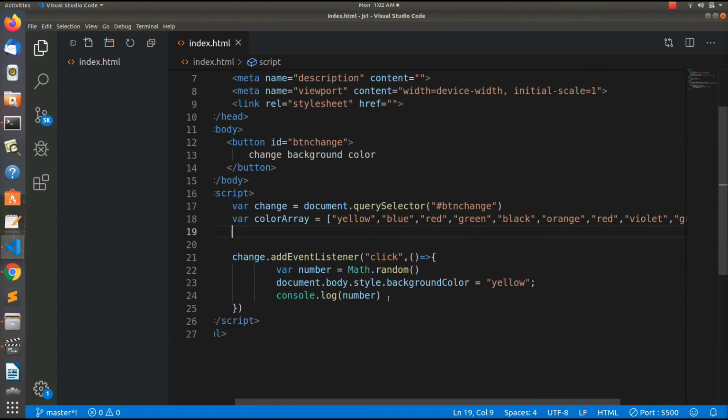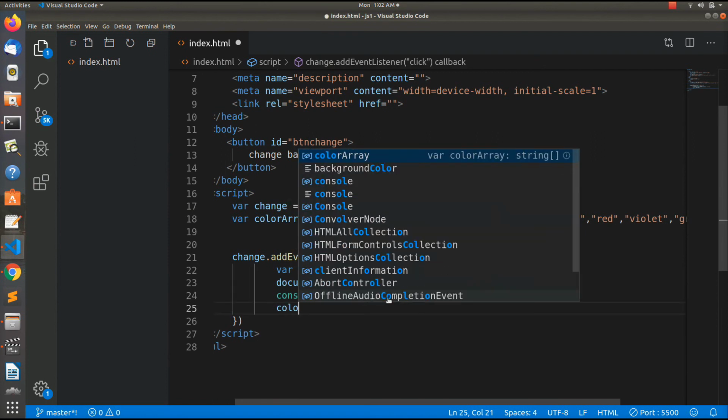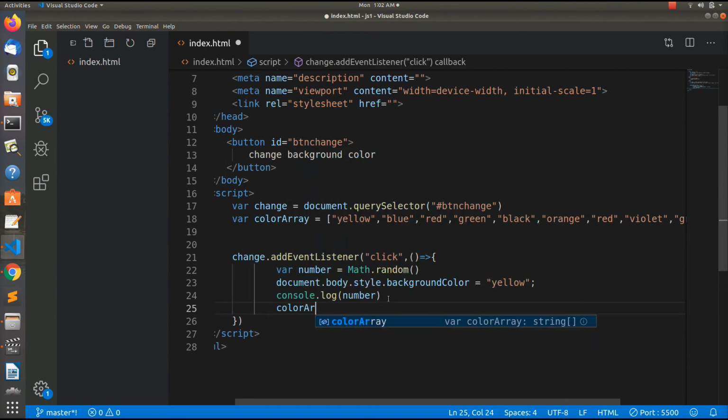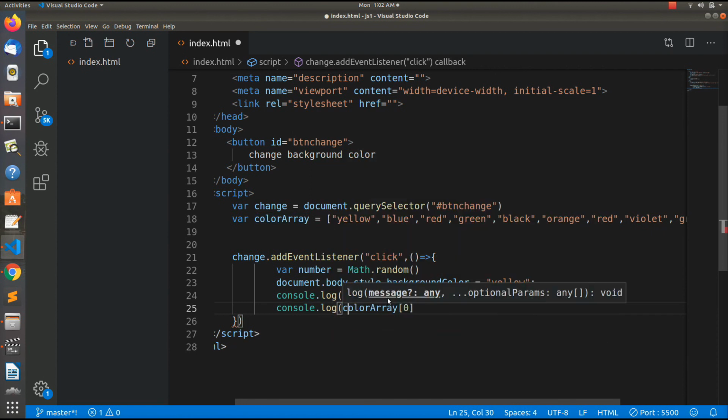So if I write here color array 0, and if I save this and print this, I should see the element at the 0th index, which is yellow.